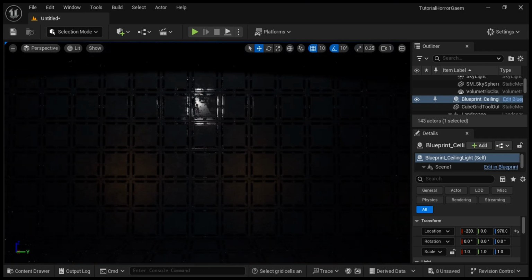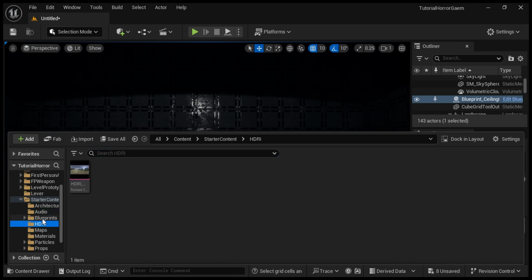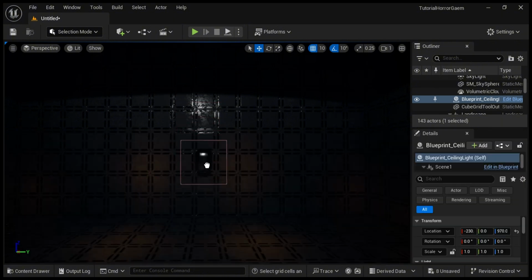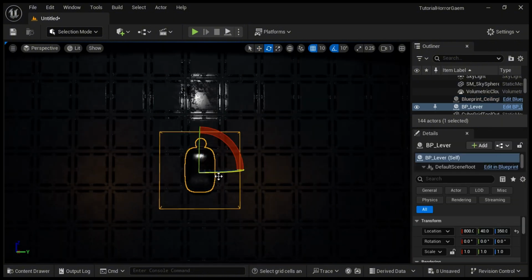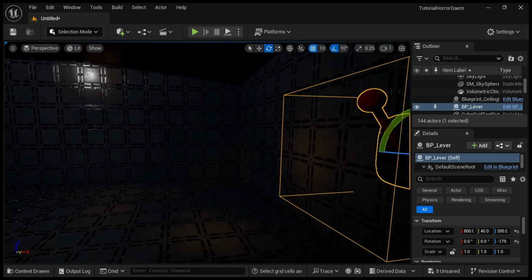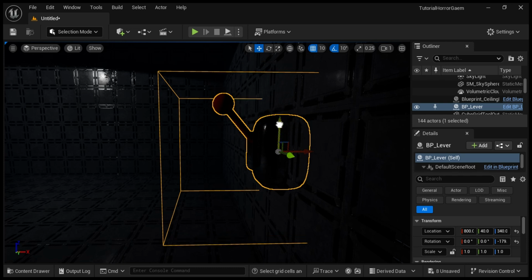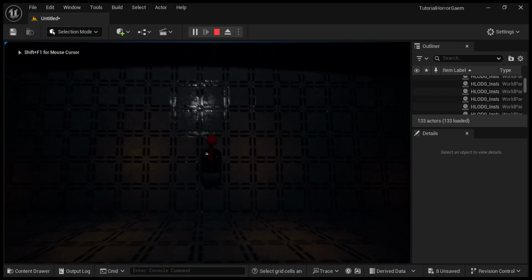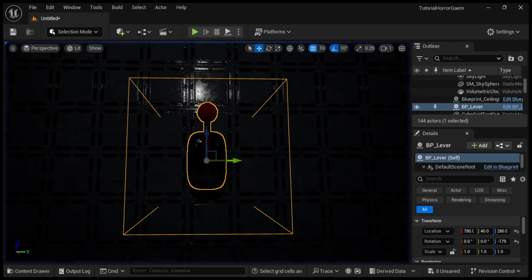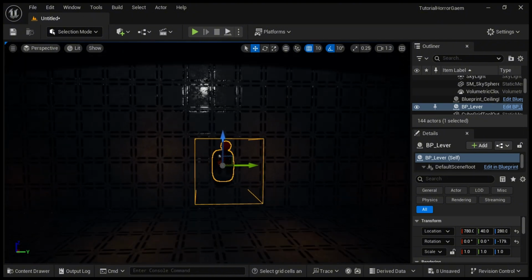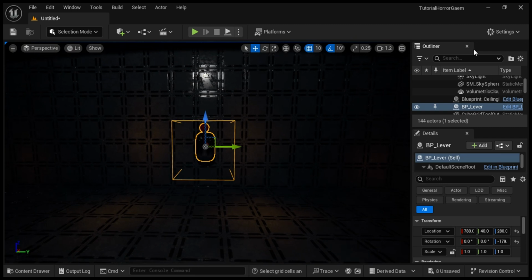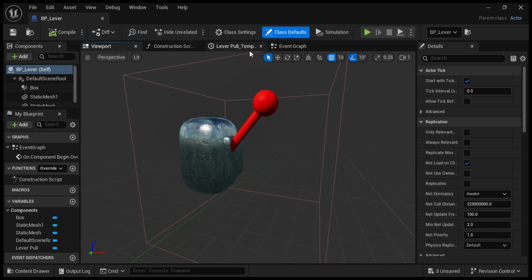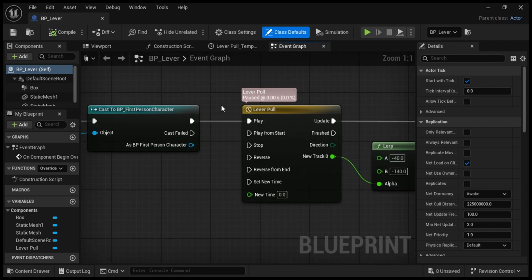So now we got our lever, our good old lever. Boom. Alright. Oh god. That was weird. I'm going to fix that. Alright, so what went wrong there is that we need to